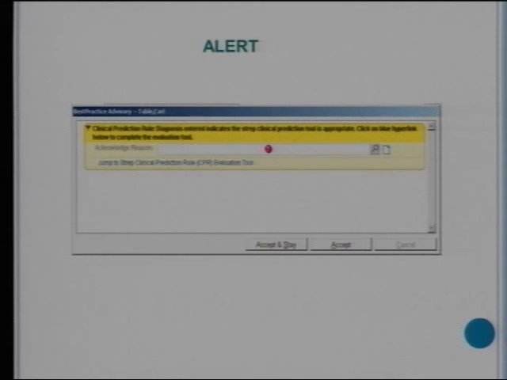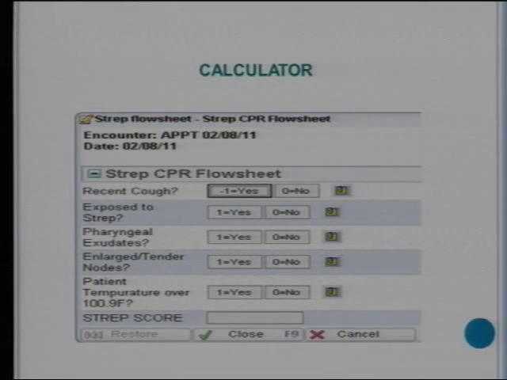That's the alert. This was for a clinical prediction rule about strep that came up. So a bit small there, but at least it's written out there. If they wanted to see more, it went into the second component, which was a risk calculator. It's interesting because when we did the analysis, we found people really liked the calculator. Some people were even going in the system just to get the calculator function because they wanted to check their decision against the latest guidelines.